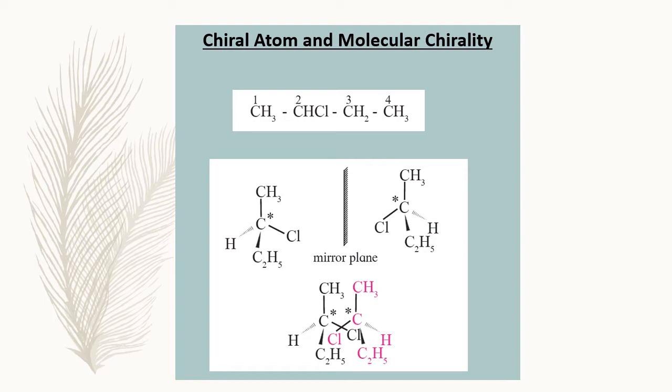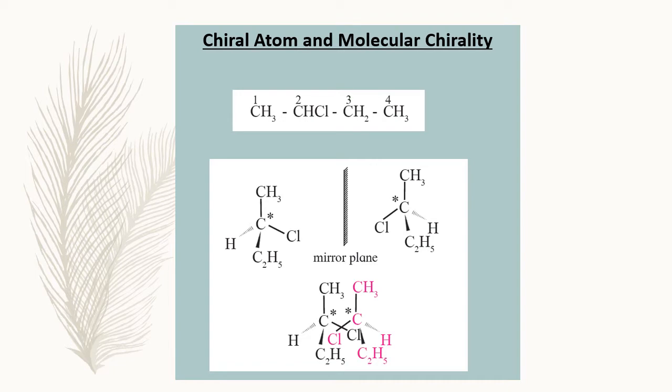Thus a carbon atom in a molecule which carries 4 different groups or atoms is called a chiral carbon atom, or an asymmetric carbon atom. Thus C2 in 2-chlorobutane is a chiral carbon atom. A chiral molecule and its mirror image both have the same structural formula and of course the same molecular formula. The spatial arrangement of the 4 different groups around the chiral atom, however, is different. That means a chiral molecule and its mirror image are stereoisomers of each other.